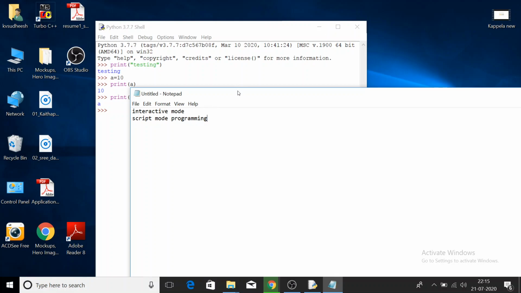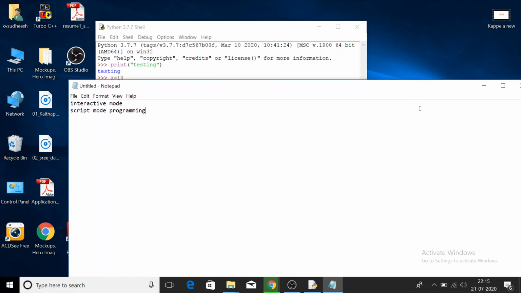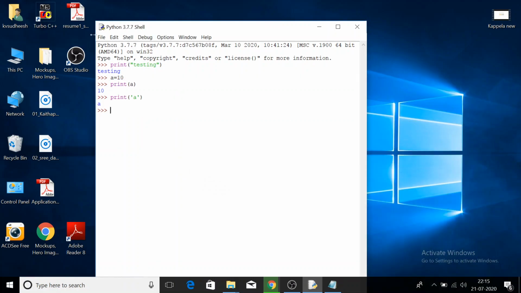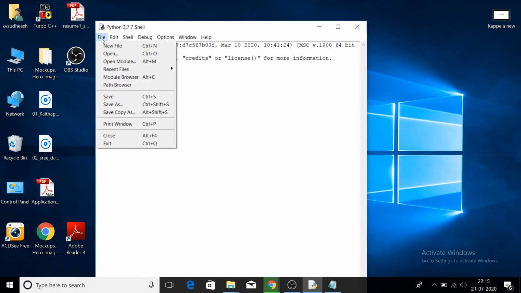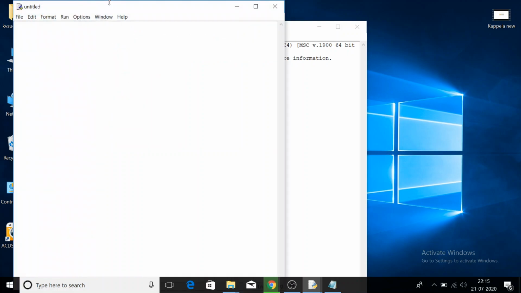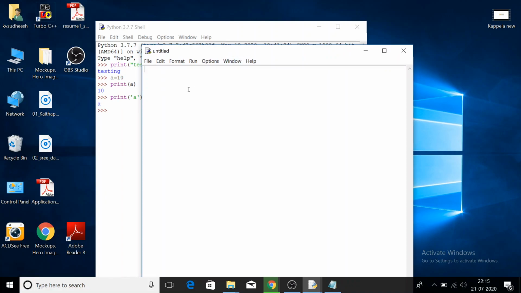For script mode programming, you can save your program. For that, click on the File menu, take New File, then you can type your Python programming statements.